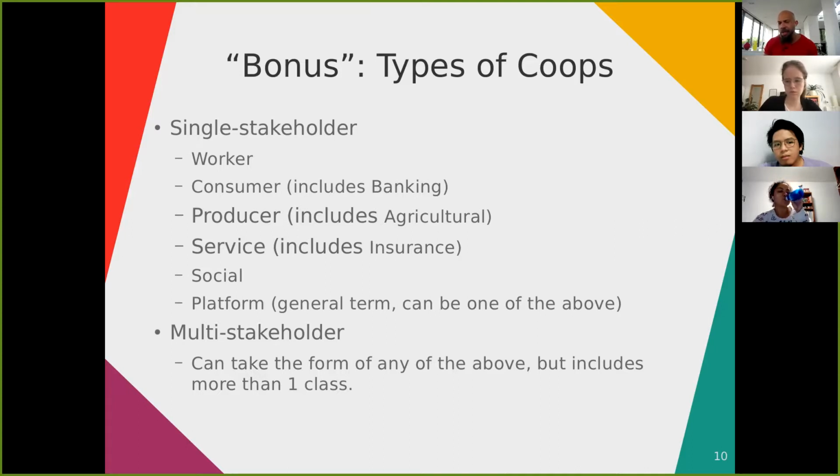They could be migrants, people who have problems speaking the language. So the point of the social cooperatives is integration. And in Italy, which is sort of the prototypical model, and other countries have adopted similar legislation since then, like Canada, you have two types. One of them provides services to the handicapped and the marginalized, and the other one can basically be anything. It could be a company, it could be a supermarket, a massage parlor. And the point is always that the worker members are handicapped or marginalized.